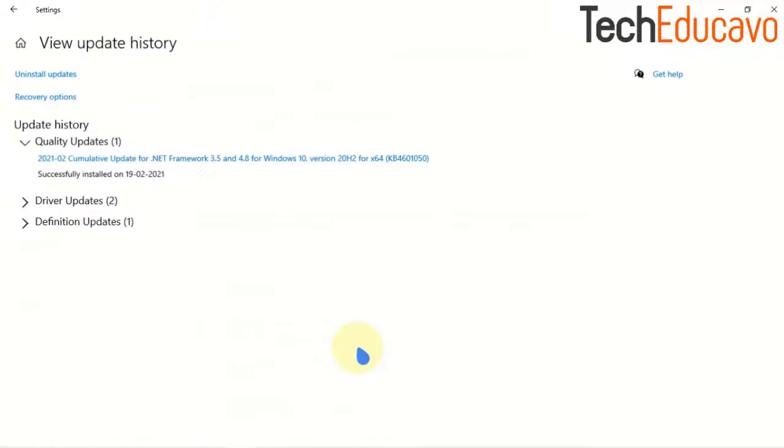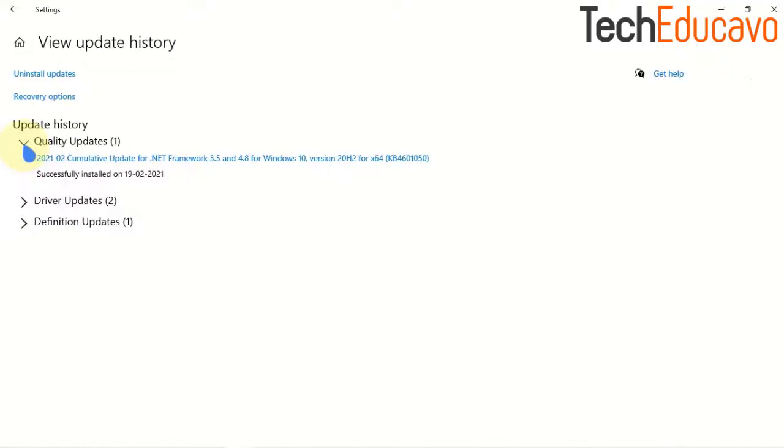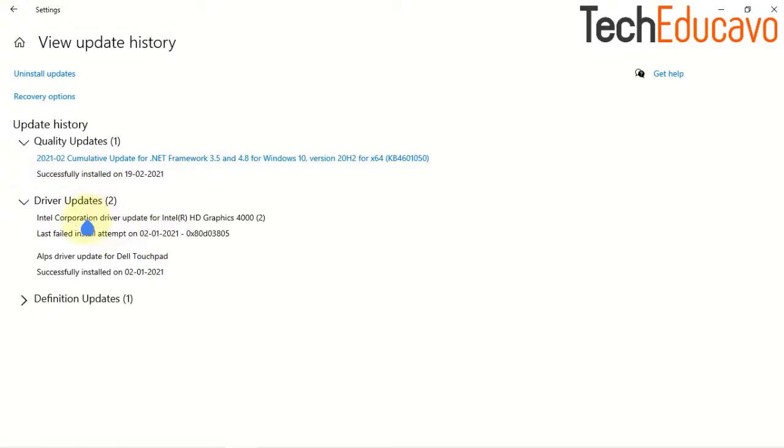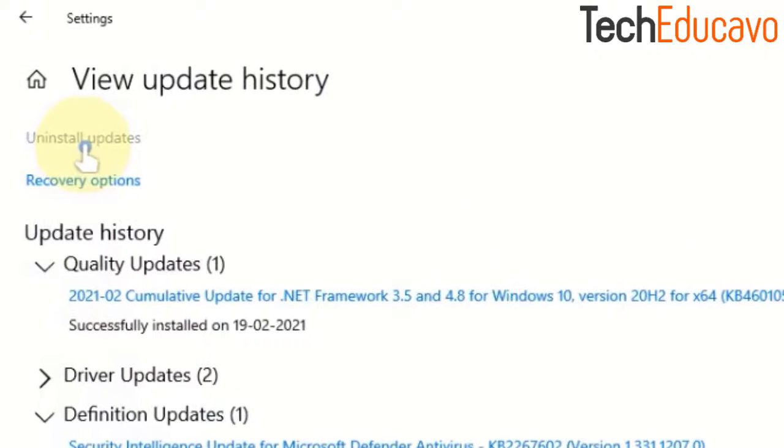If you want to see the update history, then you can click on View Update History. If you want to uninstall any updates, then you can click on Uninstall Updates.